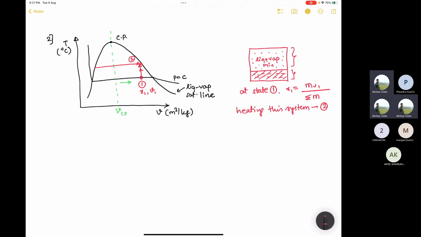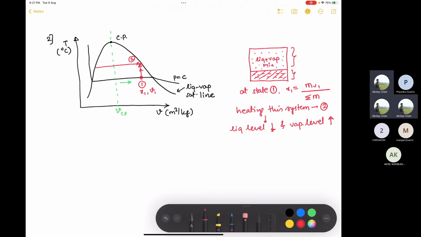So here, the general intuition is that after heating such a system, more liquid will get converted into vapor. So therefore, your liquid level inside the container will fall, and your vapor level will rise. So this is our general intuition, but you should be careful on the other region,